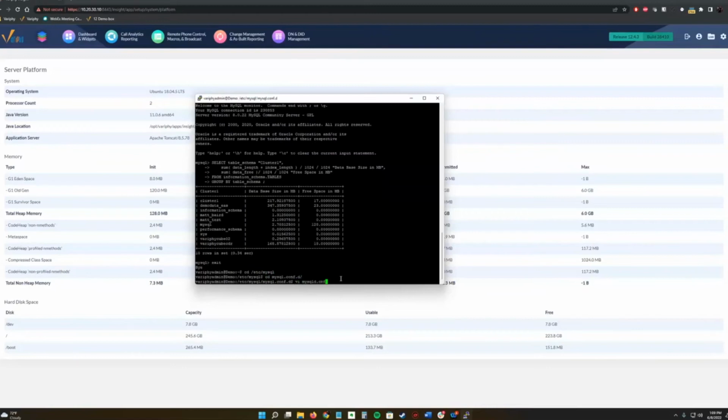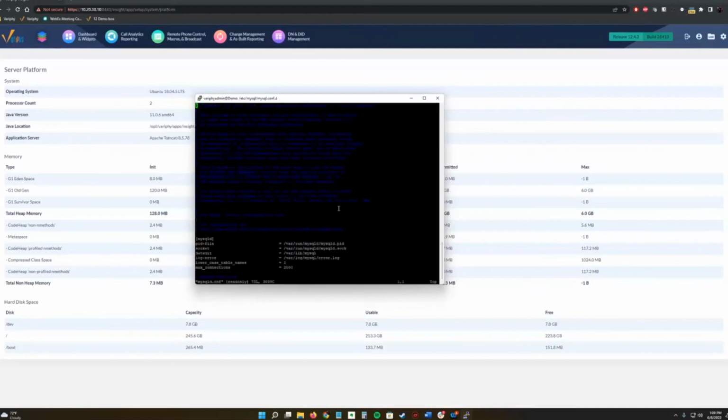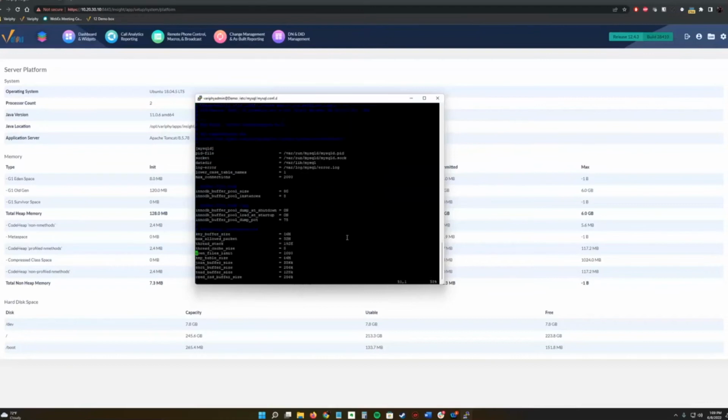It's mysql.conf, mysqld.conf. And if we scroll down with the arrow key, you're going to find this guy here, your InnoDB buffer pool size. That's telling it how much RAM MySQL is going to use. So right now we have it set to 8 gig, which is more than enough for the database size we have in there. But if yours says 3 and your database is 10, 15, 20 gig, that's when we really need to start looking at increasing that RAM.